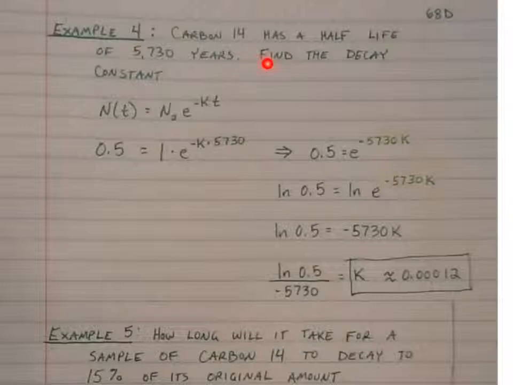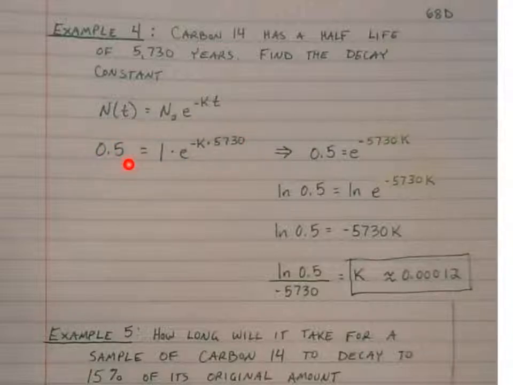What we're being asked to do is find the decay constant, and if you remember, the decay constant is the K in the equation. So we take our equation, N of t equals N sub 0 e to the negative kt. At our time 0, we'll have 1 gram, we'll say, and after 5,730 years, we have half of that, so half a gram. And you'd find that if you put 1,000 grams down to 500 grams, or maybe 50 grams down to 25 grams, as long as you have half of it remaining, you'll wind up getting the same value when you're solving